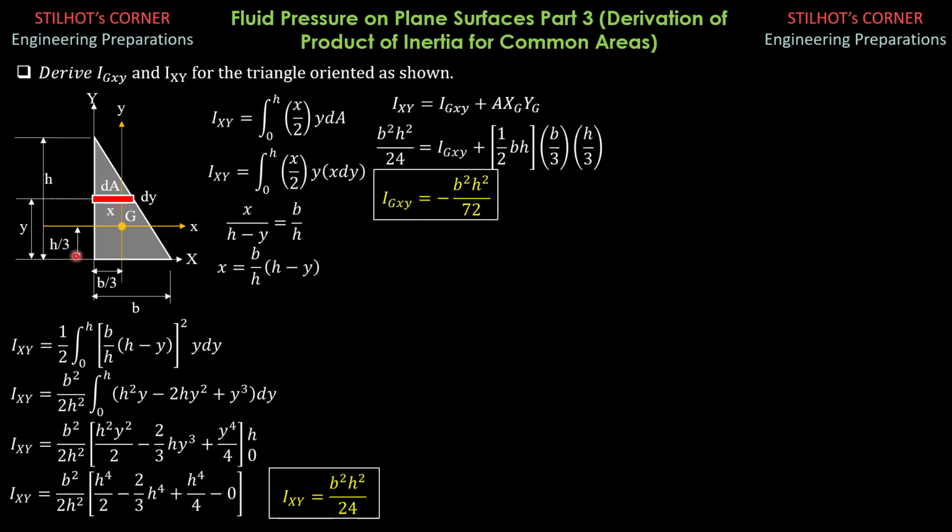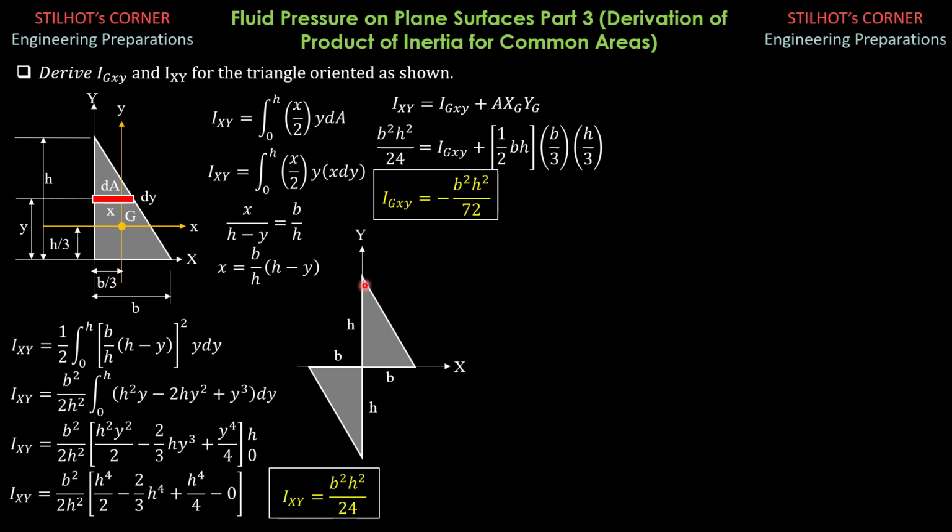If it is in the third quadrant, the base would be coincident with the negative x-axis and the height would be coincident with the negative y-axis, or the centroidal coordinates would both be negative, and therefore the product of the centroidal coordinates would be positive. Likewise, the area is always positive, and if the area lies in the third quadrant, x is negative, y is negative, the product is positive.